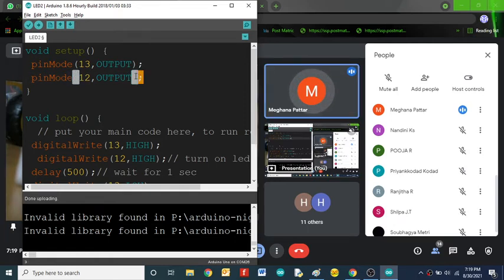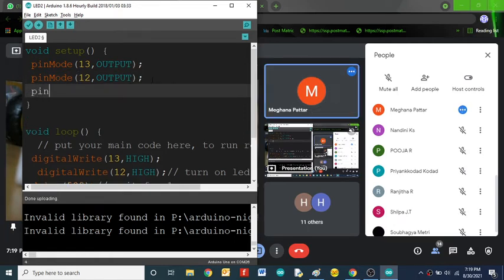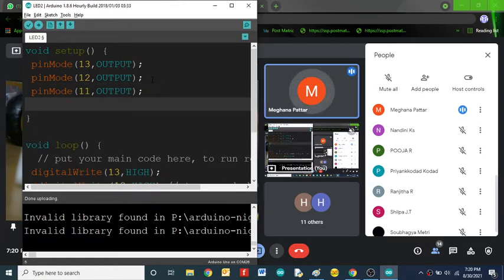Pin mode 11 output. Then pin mode 10 output.